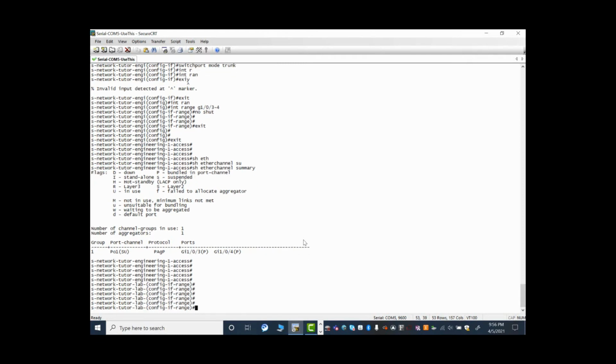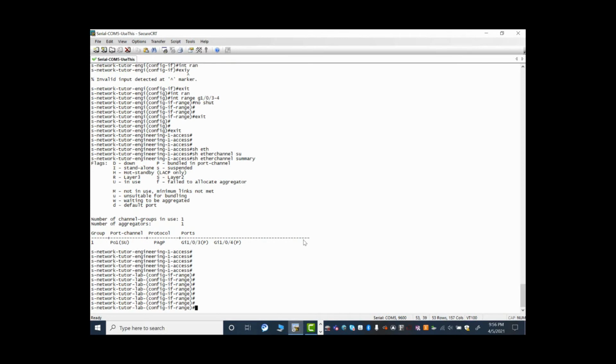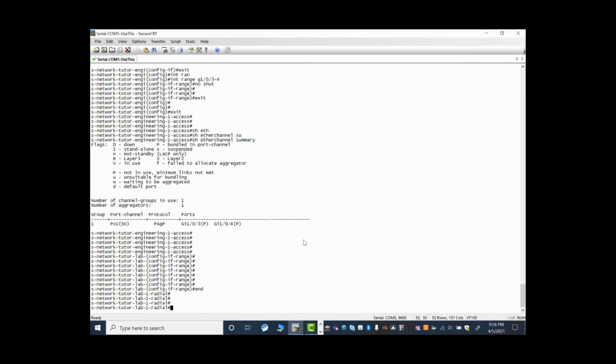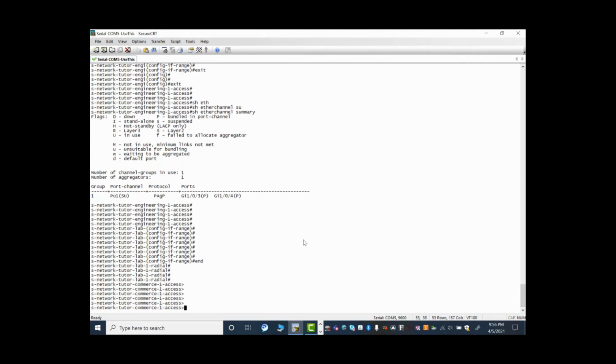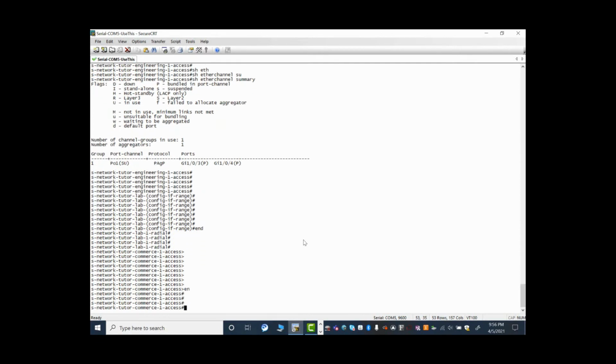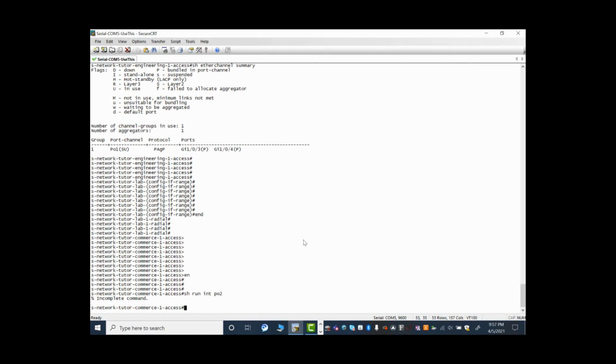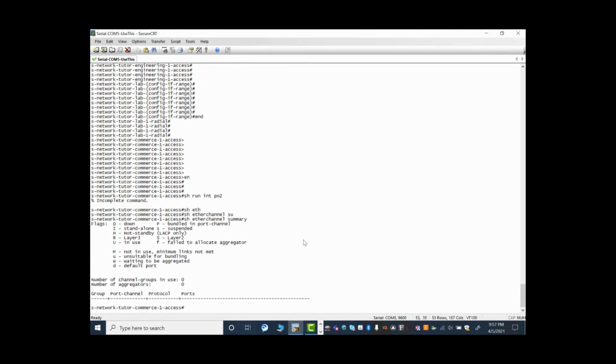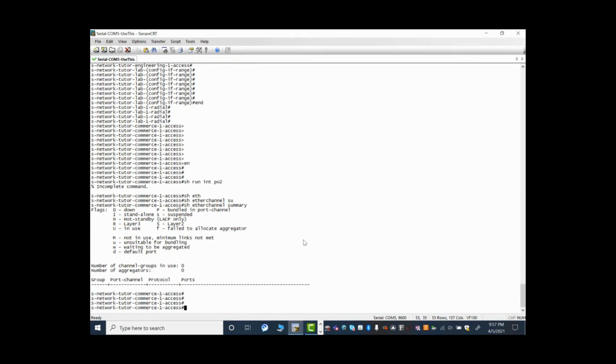LACP. I'm not going to make that mistake again. And radial, I think I already configured radial. I have to configure the access switch. Enable, show run int po2, and there's no show EtherChannel summary, and I have no EtherChannel here, so I have to